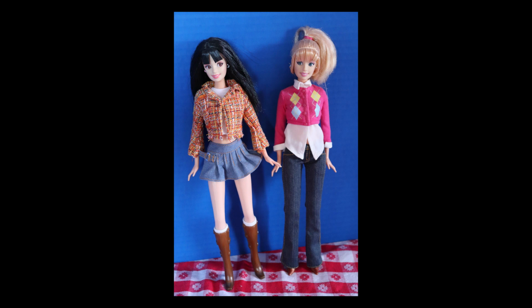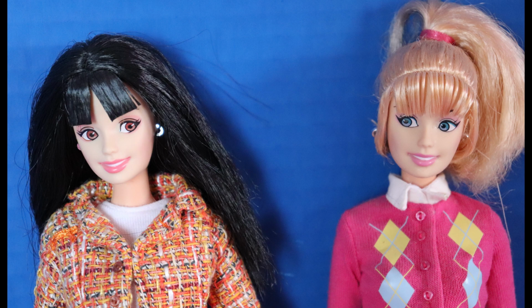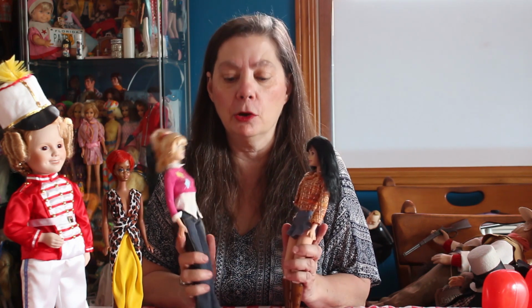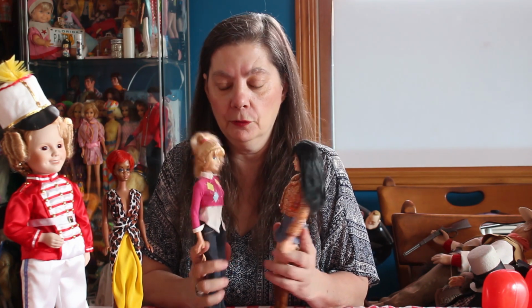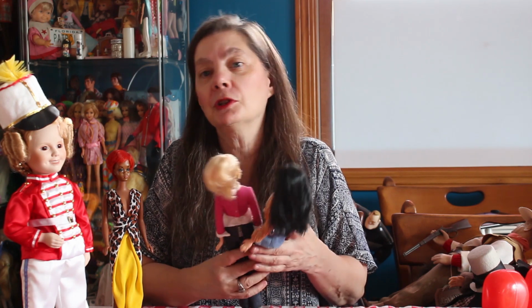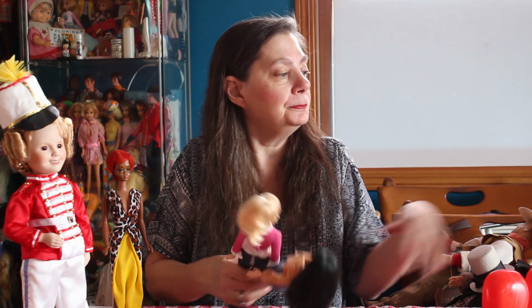Veronica and Betty from the Archies. Now these are some of my favorite ones. I think they did a really nice job on their Betty and their Veronica. It's definitely more the modern Betty and Veronica, but they are so cute. Other favorites I have would be the Munsters, which I didn't pull out, but I've shown it before in a video, which is another one made by Mattel. Another favorite Mattel one